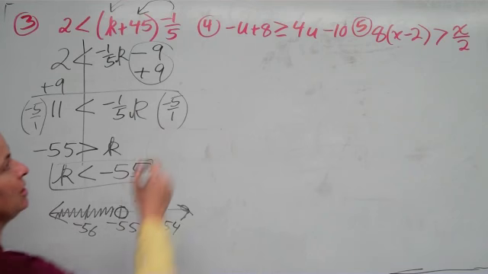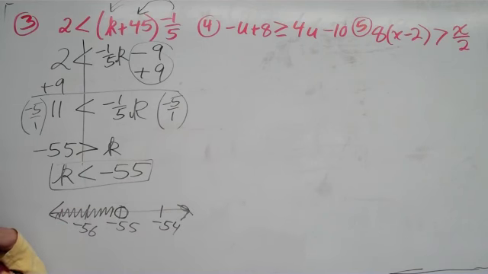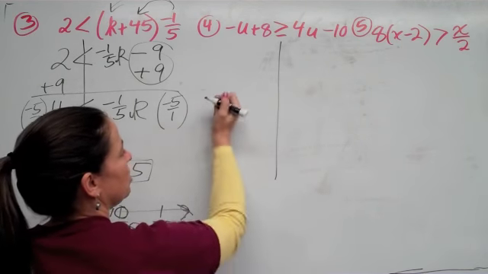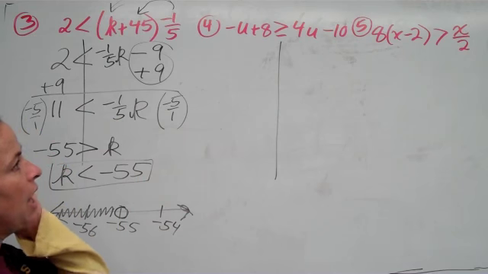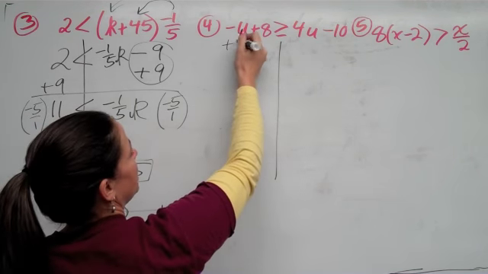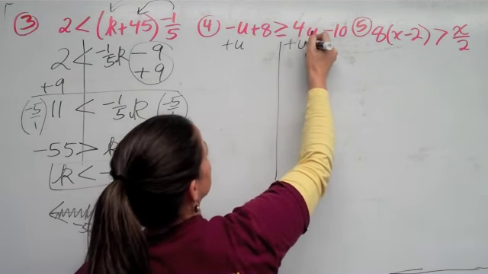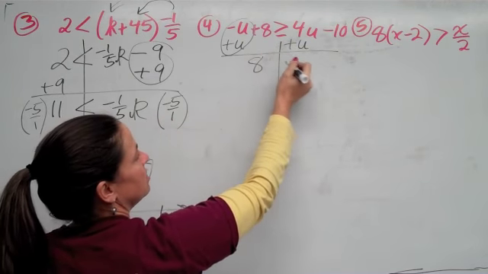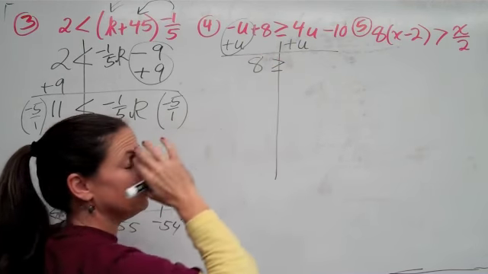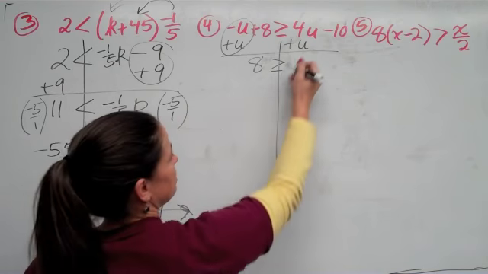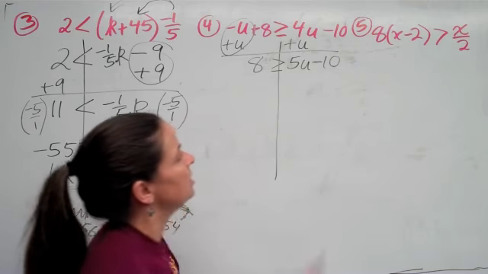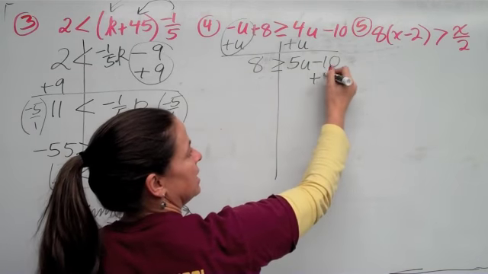Number 4, negative u plus 8 is greater than or equal to 4u minus 10. So I start by building a fence. I want to get all of the u's on one side. I like to deal with positive u, so I'm going to add a u to both sides. When I do that, I am left with a positive 8 greater than or equal to 4u plus another u is 5u's, and then minus 10. Get rid of the minus 10 by adding 10,